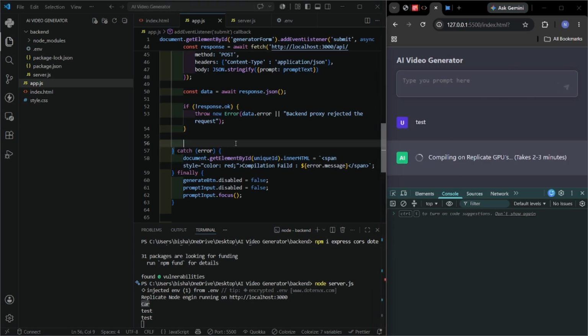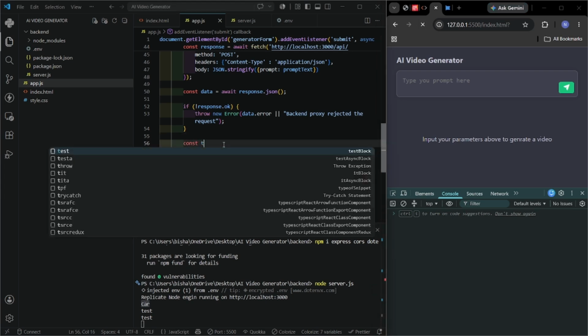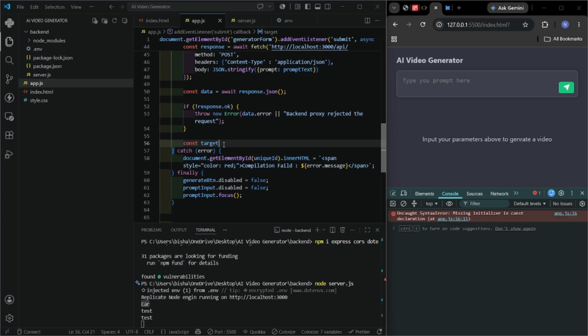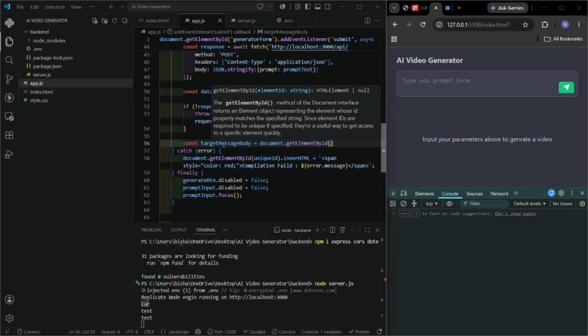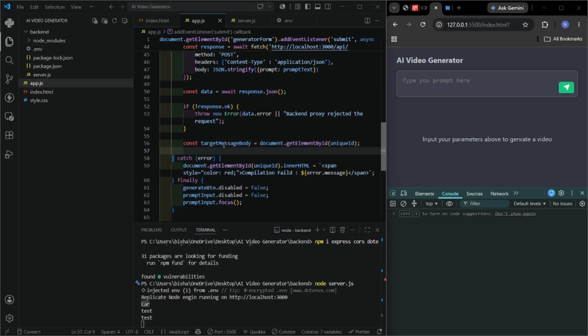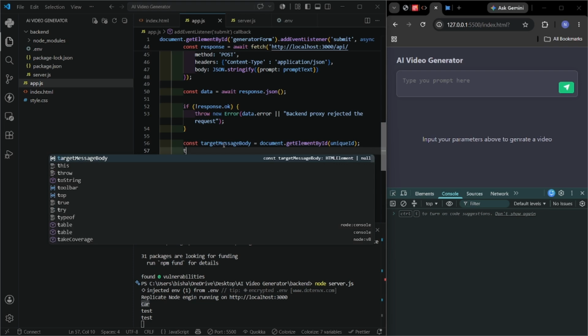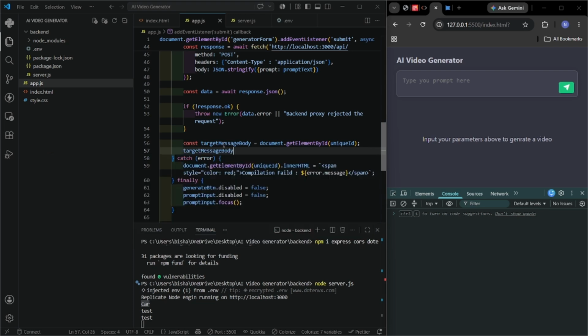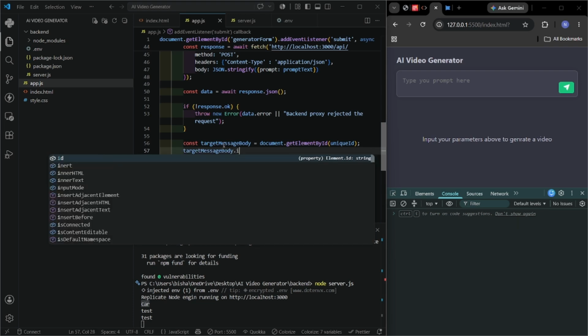So now let's do the last step, const target message body, which will be document dot getElementById with the unique ID. So we got this target message body dot innerHTML will be,